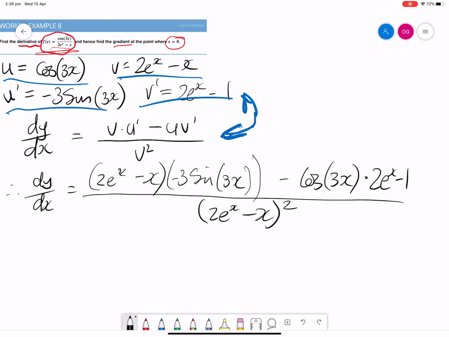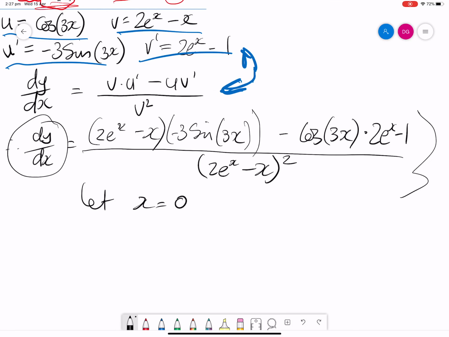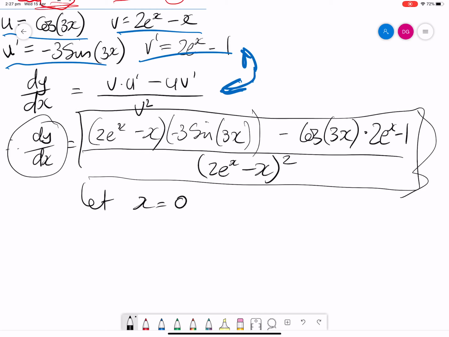Okay, so I've got something that looks somewhat like an equation or a function. Now, I found the derivative. There's not a whole lot I can do to simplify what we've got here, so let's just leave it like that. And then I'm going to let x equals 0 in that equation. So this is to find the gradient when x equals 0, because the derivative, this, is my gradient function. It tells me what the gradient is at any given point on the original curve. So we're going to let x equal 0, therefore dy dx, or we could call that the gradient, is equal to 2e to the power of 0 minus 0